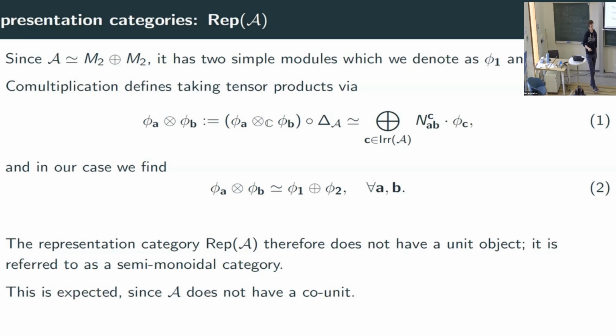Can you construct a fiber functor then? If you add a unit, can you construct a fiber functor? Sorry, your question is, if I have a unit? Yeah, if you add a unit, can you maybe construct a fiber functor? But I have a fiber functor, right? In terms of category, I could choose Vec as a module. But if the category is with unit, you have a fiber functor, you can reconstruct the Hopf algebra.